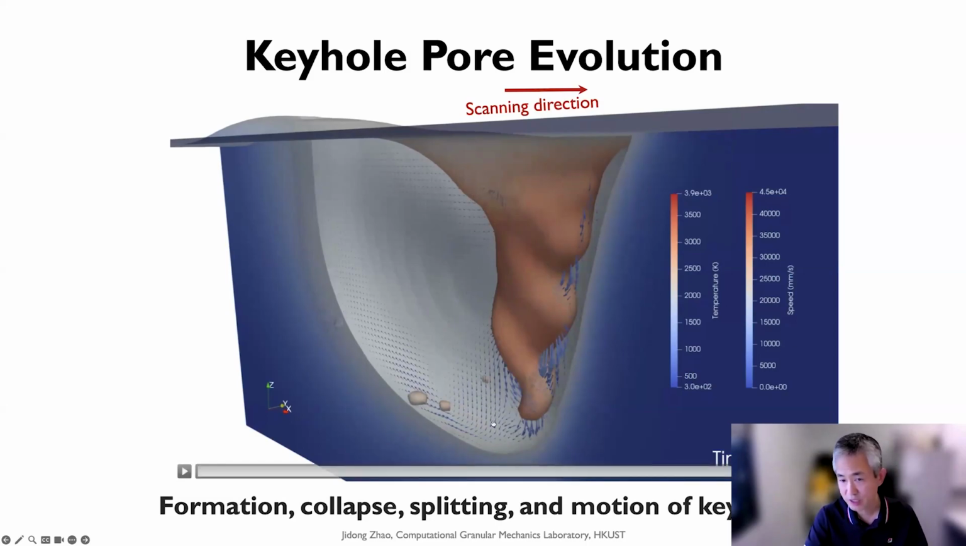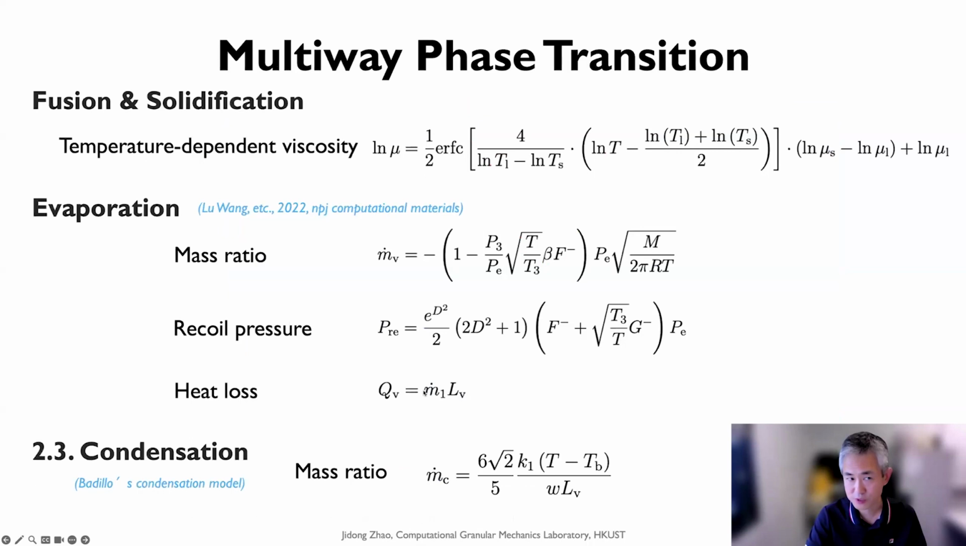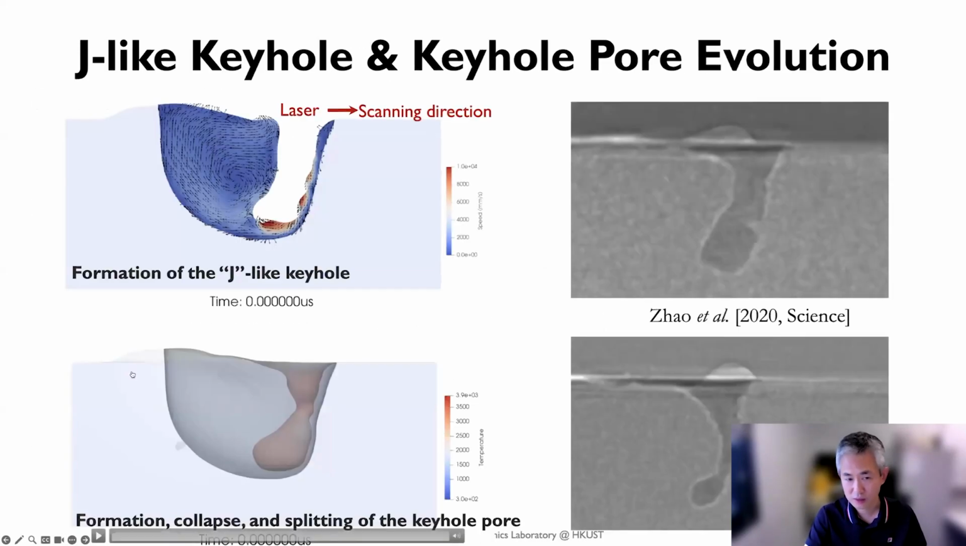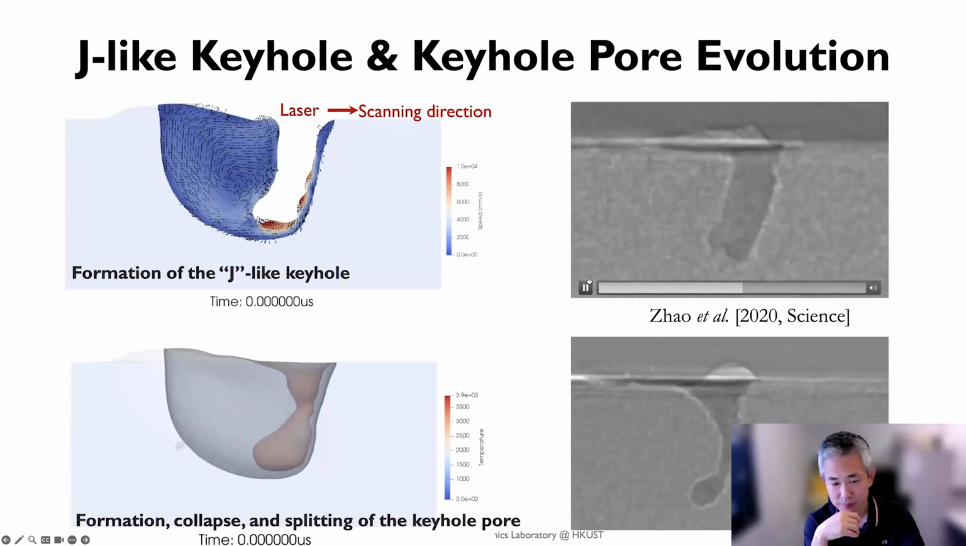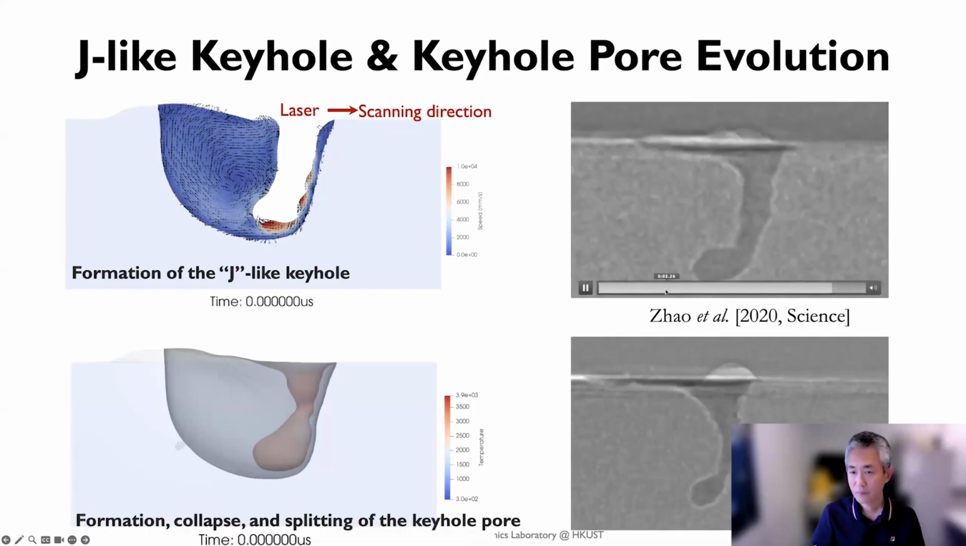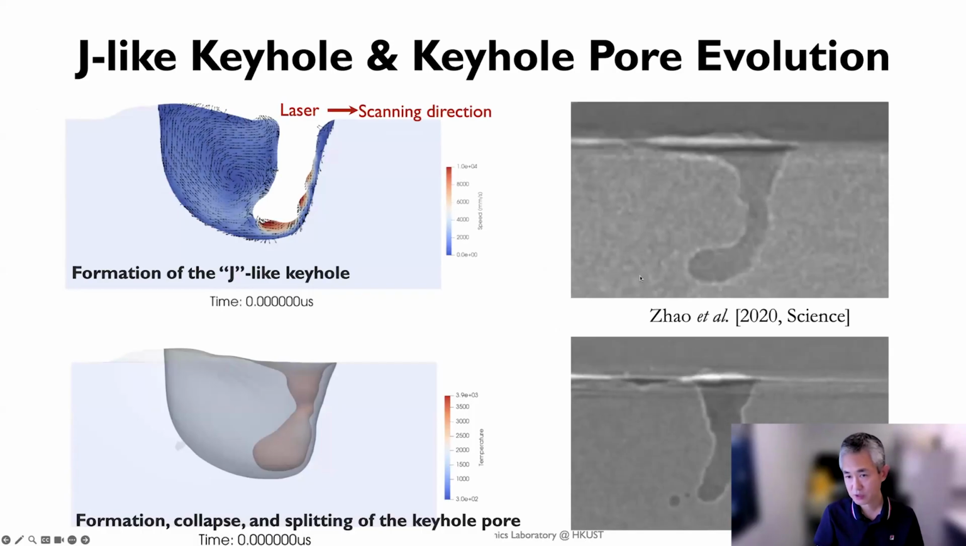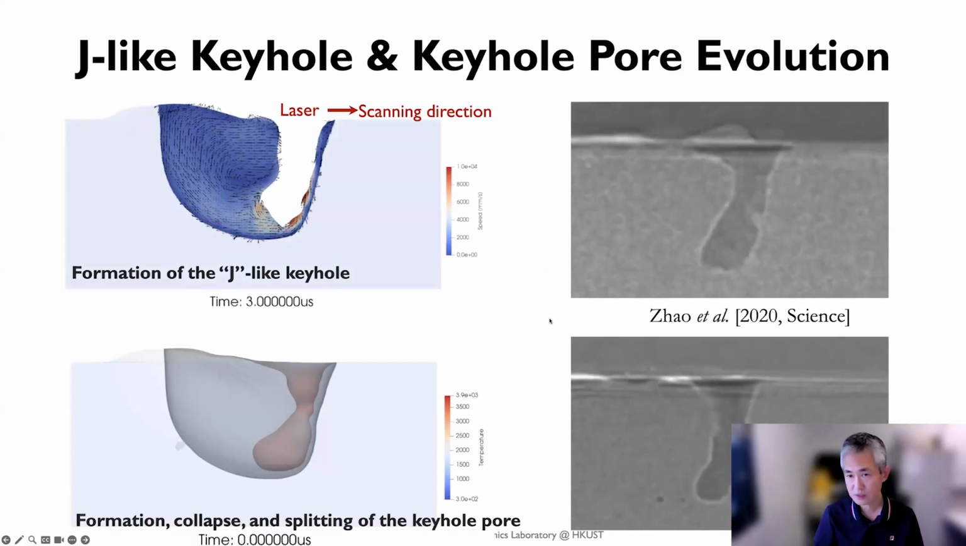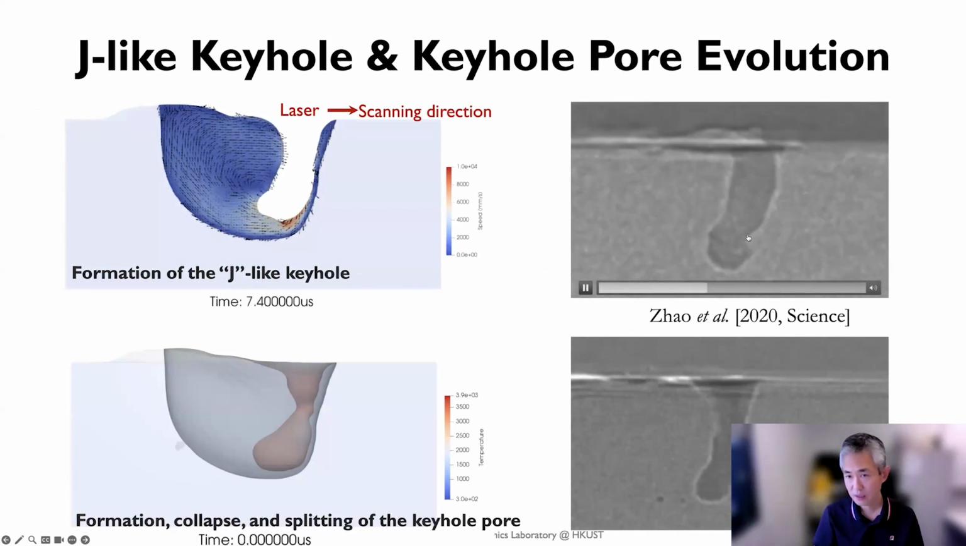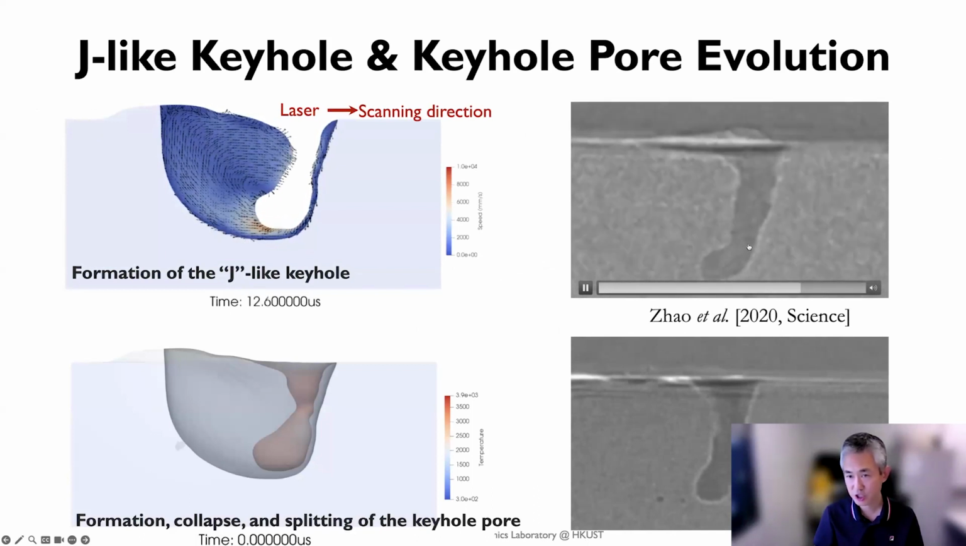The pore can be split and then moved by the molten pool liquid along the process here. In the process, we need to consider the fusion and solidification, liquid to particle and particle to liquid, and also the evaporation and condensation. As I mentioned, we need to have condensation. So this is a comparison with the experiment, again from the Pop-Tom science on the right here, showing how this keyhole pore forms through a protrusion,